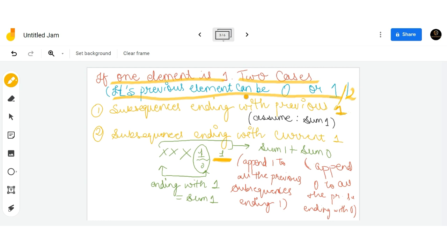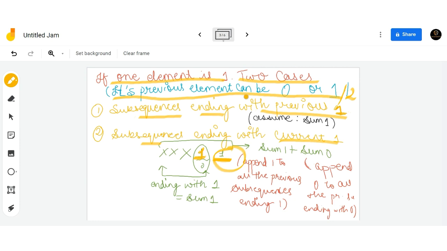Then it won't be a special sequence, because 2 can't be followed by 1. Okay, so now here we are considering two cases: the subsequences ending with previous 1, all the subsequences which end with this 1, and all the subsequences which end with current 1.